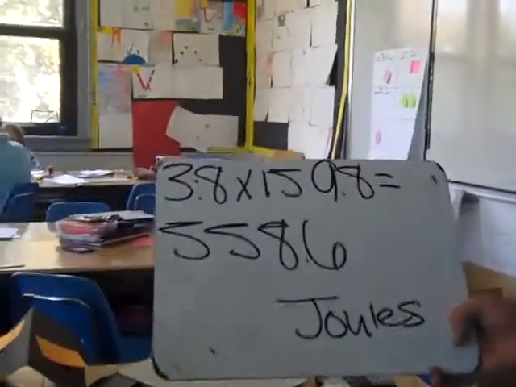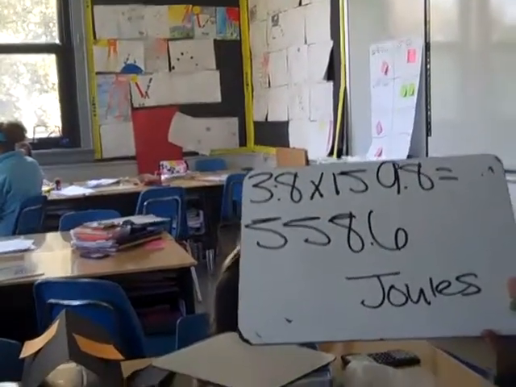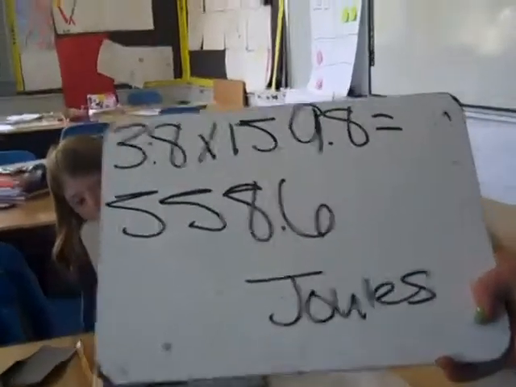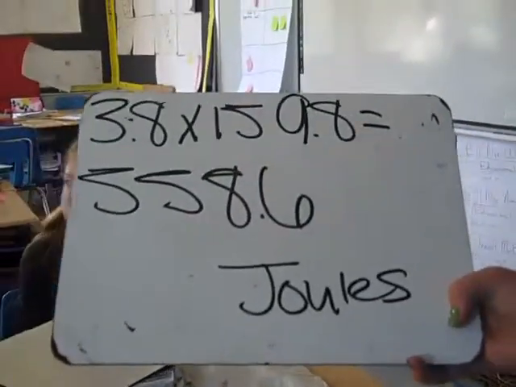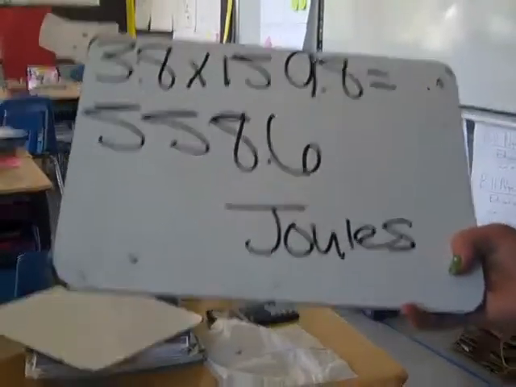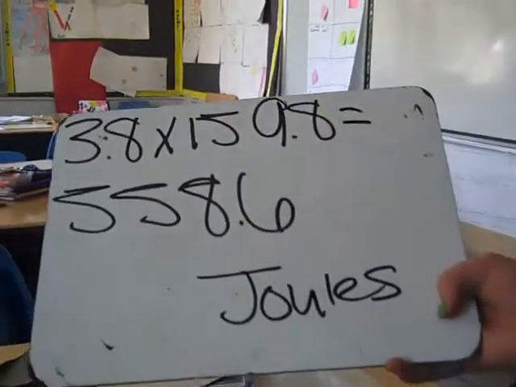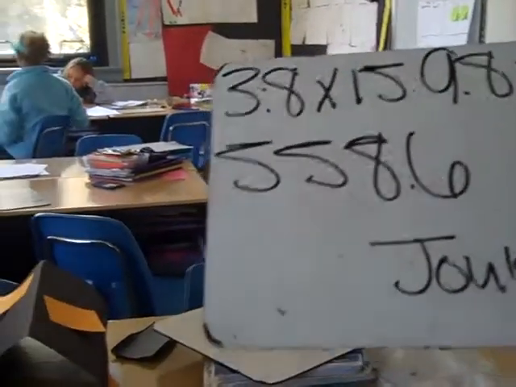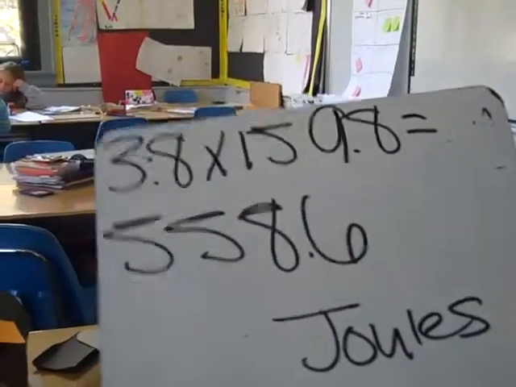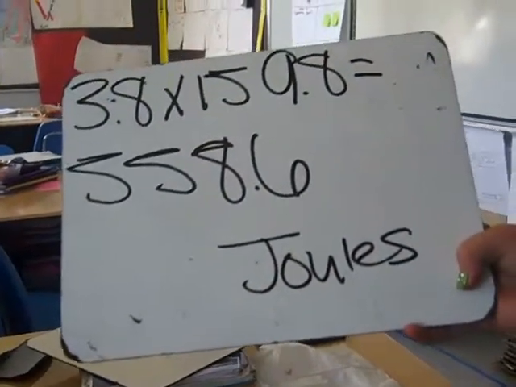And 15 is the distance, the height of the ladder. 15 meters. Okay. And then times 9.8 equals 558.6 joules. Okay, so your box that you build has to absorb most of that